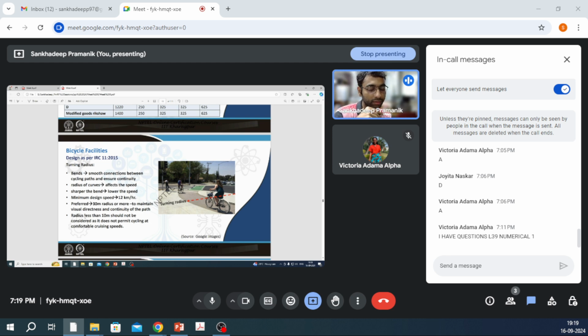Therefore a radius less than 10 meters should not be considered, because it does not permit cycling at a comfortable